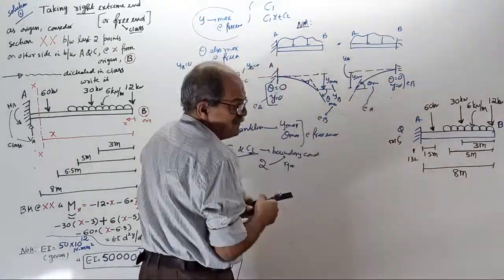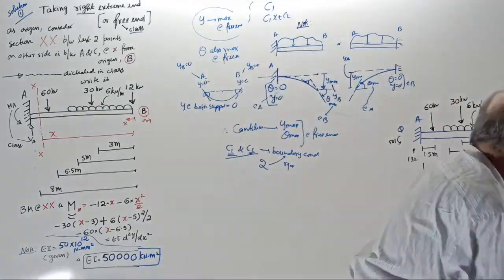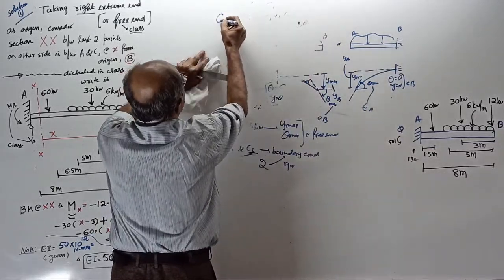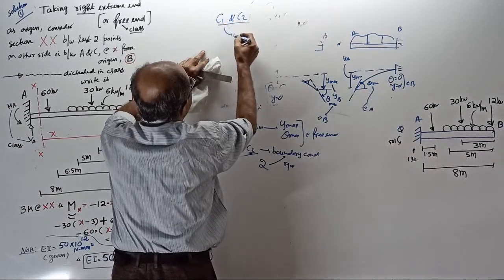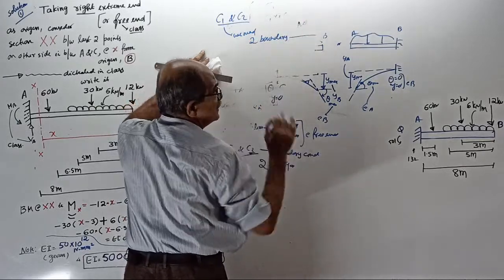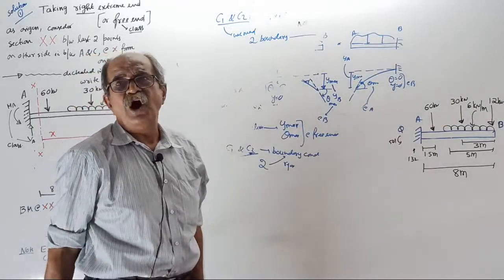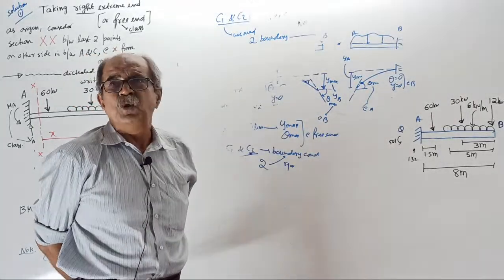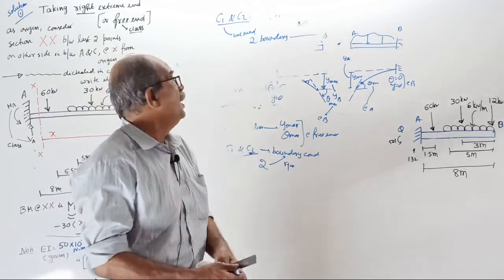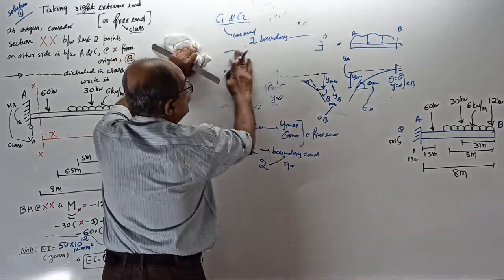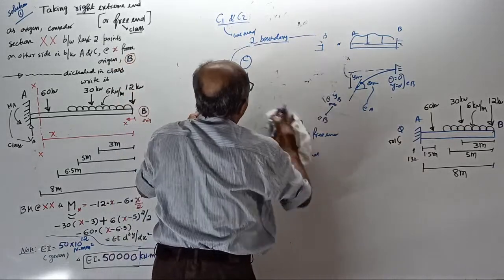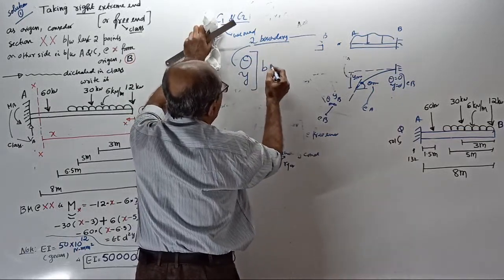Or instead of remembering AB, it is wrong. Don't memorize AB. Directly you tell what? While finding constants of integration C1 and C2, we need two boundary conditions. Right? Once again, boundary conditions. In the case of a simply supported beam or simply supported with overhangs, both boundary conditions are deflection conditions. Which one? At both the supports, deflection 0. But for a cantilever, the two boundary conditions are, one of them is theta, the other is y. Or you can tell theta and y both 0